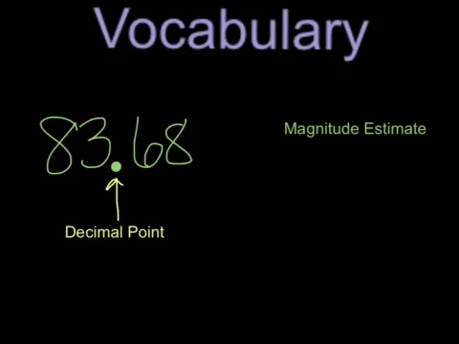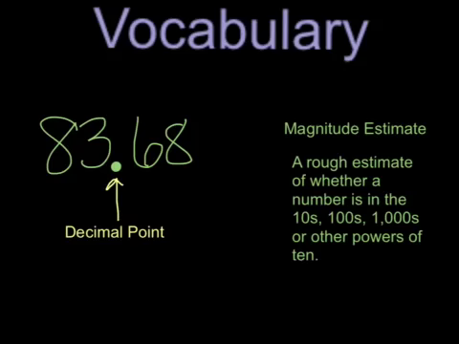Our final vocabulary term for today is magnitude estimate. This is a rough estimate of whether a number is in the tens, hundreds, thousands, or other powers of 10. For example, the U.S. national debt per person is in the tens of thousands of dollars. In everyday mathematics, we give magnitude estimates for such problems as how many dimes are in $200 or how many